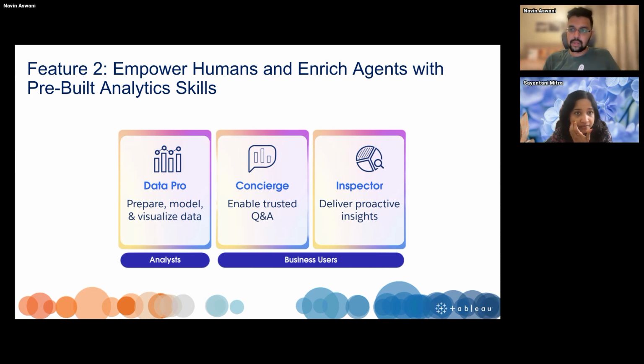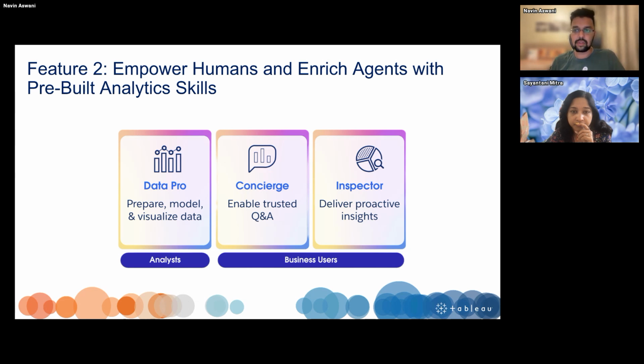Finally, we have the Inspector, the third feature in this, that is focused on delivering proactive insights. What Inspector will do is continuously monitor your data and your analytics environment, surfacing the trends and highlighting the anomalies if there are any, and making sure nothing important slips through the cracks.